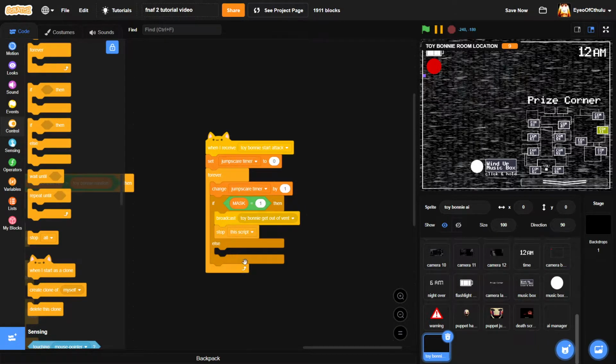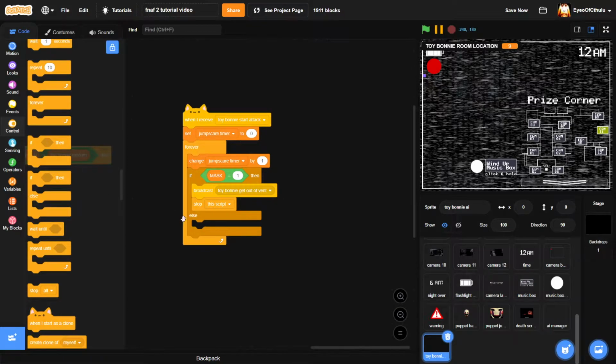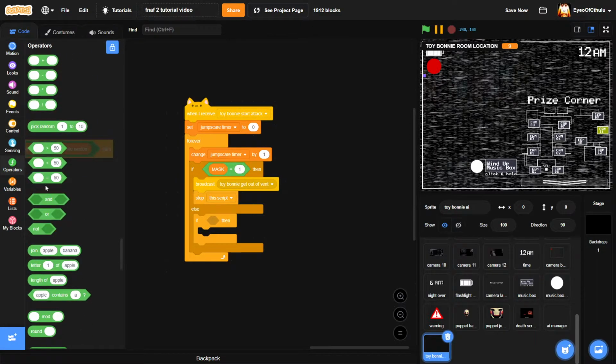And then we're going to grab an if else. So else, sorry, this might be a little confusing. It's just I haven't used Scratch in a while. I'm trying to review my code here to see if it actually works properly. Yeah, it does. Okay. Then if else if camera